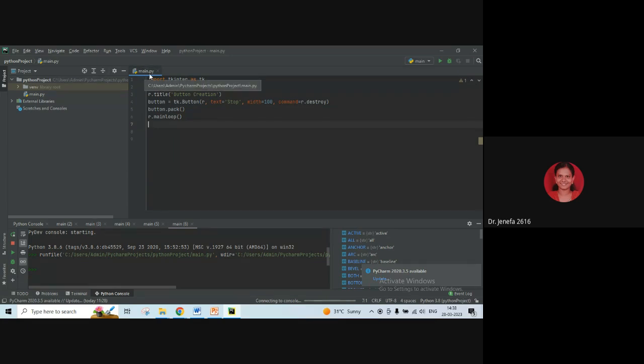Okay, main.py. Normally we need to write all the code in this file only, main.py. In Google Colab, we normally save the file with the extension .ipynb, right? But in PyCharm, all the files will be saved with the extension .py. Okay, so now I have pasted